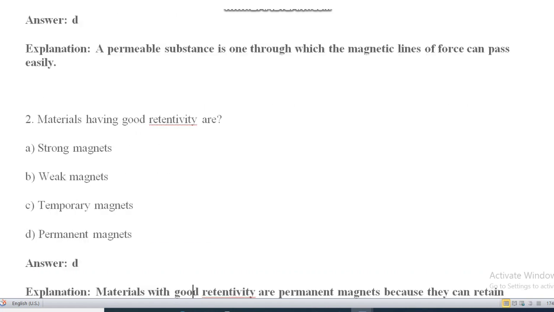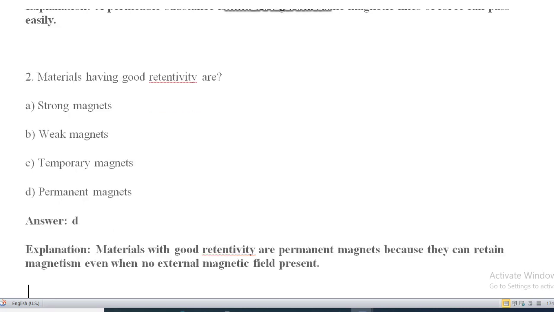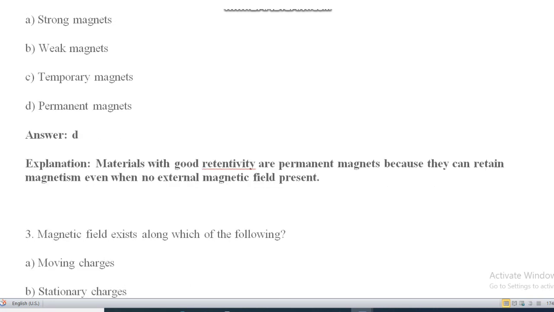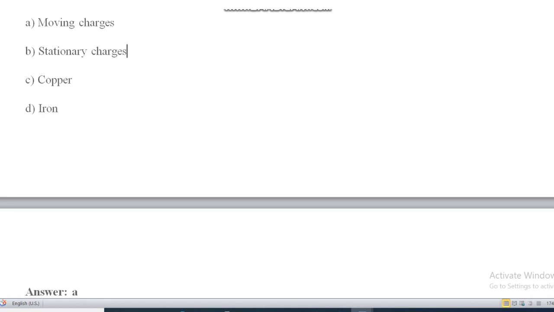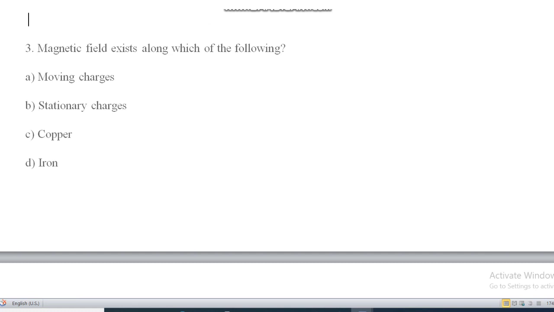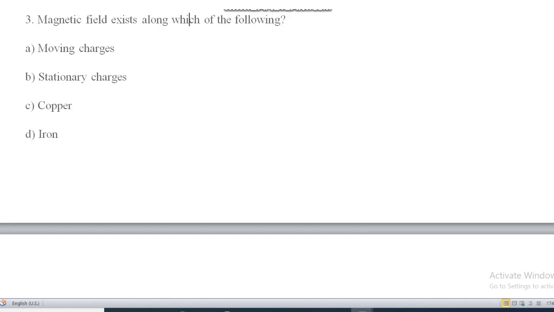Then question number 2 is material having good retentivity are what? These are the permanent magnets, that is B is the correct option. Explanation is also given here. Question number 3 is magnetic field exists along which of the following? Four options are given: moving charges, stationary charges, copper, iron, and the answer is A, that is magnetic field exists